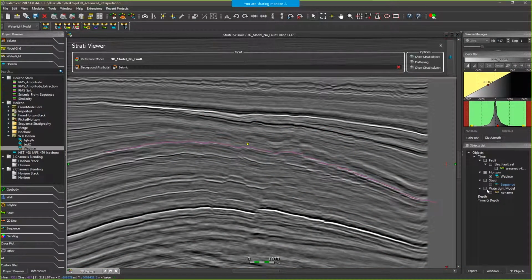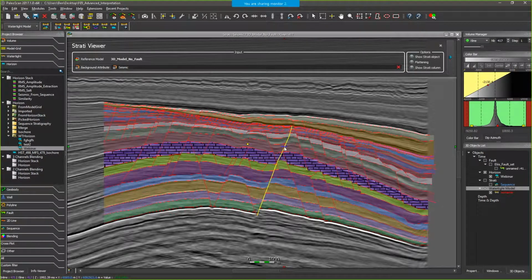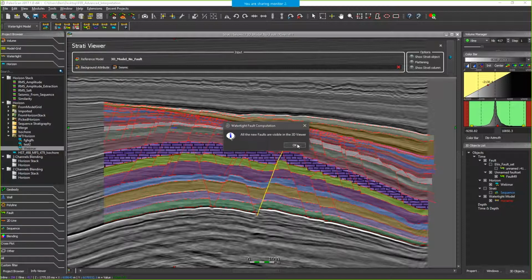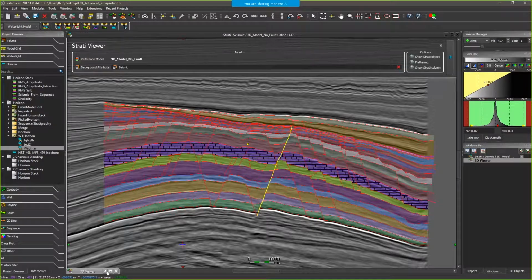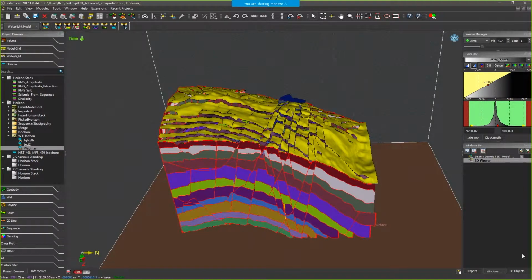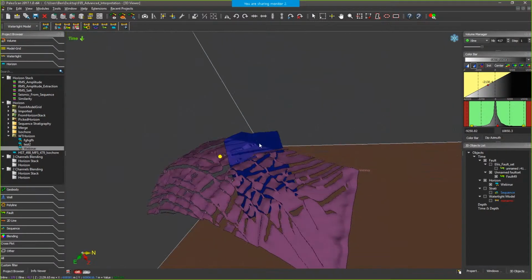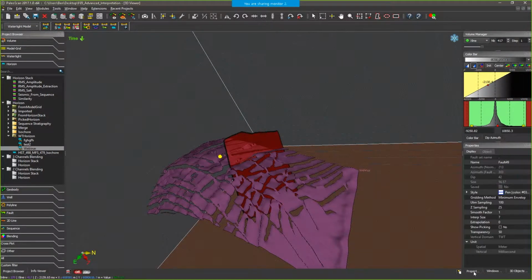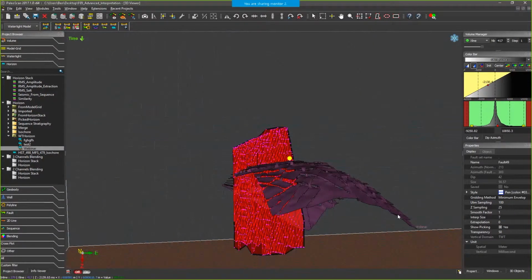If I want, I will display the watertight model. I can extract some faults. I just have to select the fault and then create watertight fault. Exactly the same way, I have a warning message concerning the creation of the fault. I toggle off the watertight model, and then I have the fault created directly in the 3D viewer. If I select the fault, I can show the picking. In fact, it's the gridding. The picking is the gridding of my watertight model.